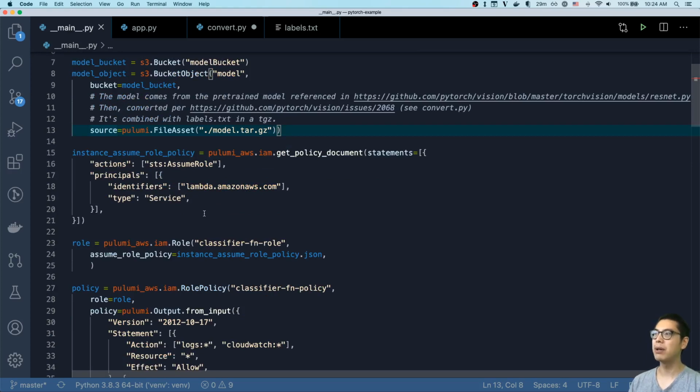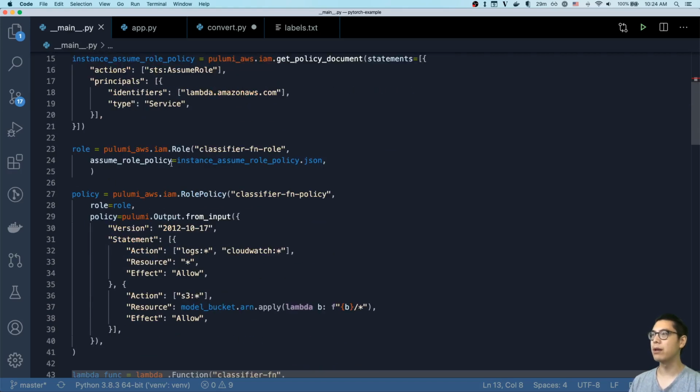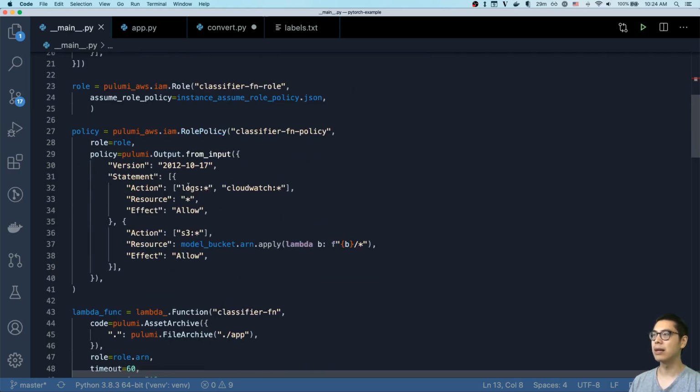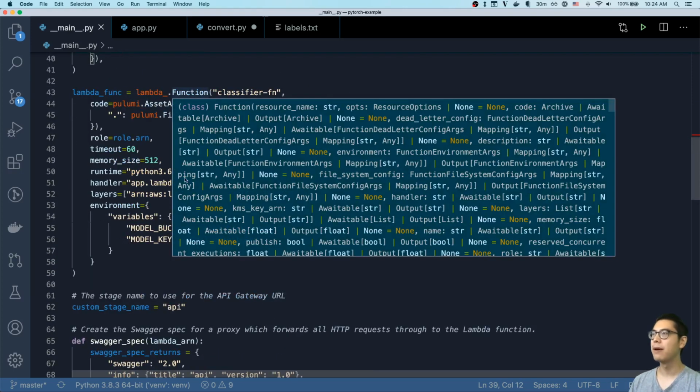And so our Lambda needs to be able to do a few things. Obviously, we give it a service role for Lambda, and then we define this role, and we set it up so that you can use logs and post to CloudWatch, and then we also allow it to read from that bucket. So we actually give it all the permissions for the bucket, since there's not a whole lot to do in that bucket. So you can see here I take that bucket ARN and then I do an apply so that it can include this little asterisk here to indicate all things in the bucket, all keys, and then we allow all things. So this role is attached to this Lambda function,